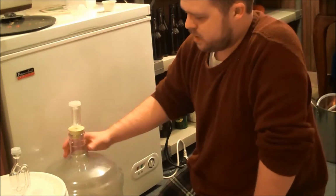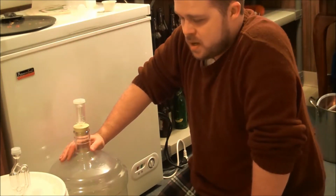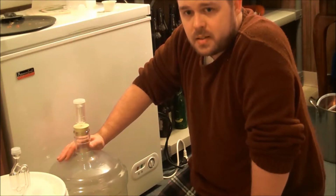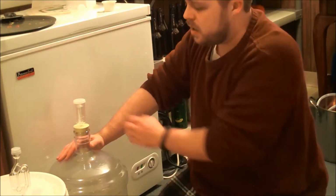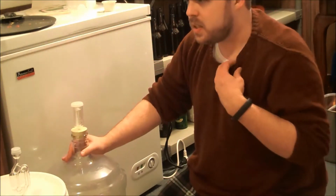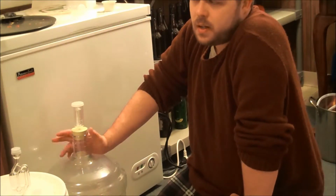So remember, if you're going to get into homebrewing, you'll want to use a 6.5 gallon or bigger bucket. There are 7.9 gallons out there that people use that come with starter kits. Or you'll want a carboy that's at least 6 gallons. The glass carboys also come in 5 and 6, and there are even some 6.5s out there. So if you get your hands on that,